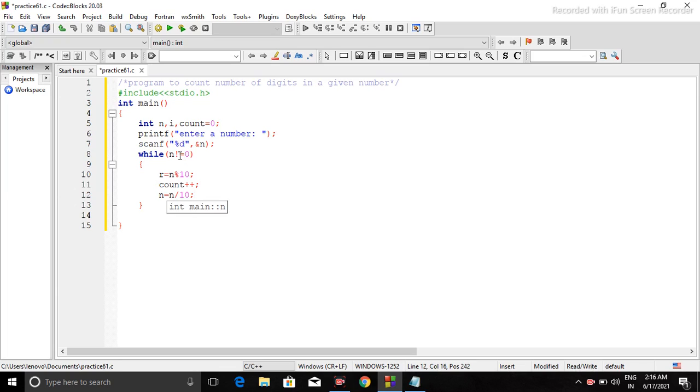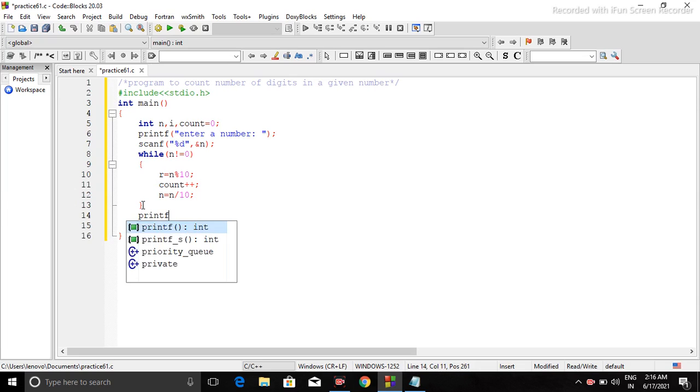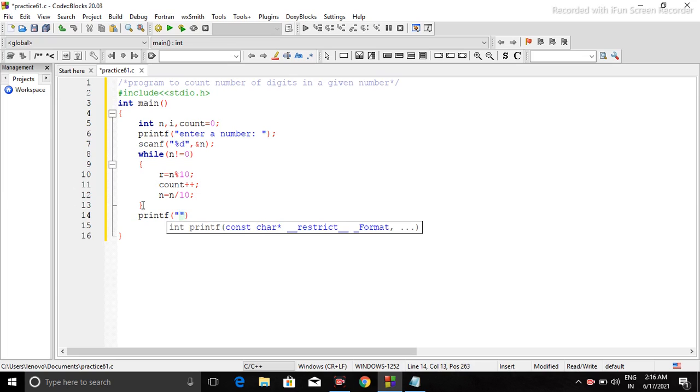And then when this execution ends and the n value becomes equal to 0 and this condition becomes false, after the while loop I will print the value of count, %d comma count. Here I have to declare another variable, r, to store the remainder.